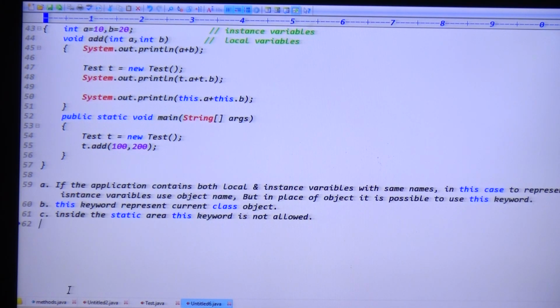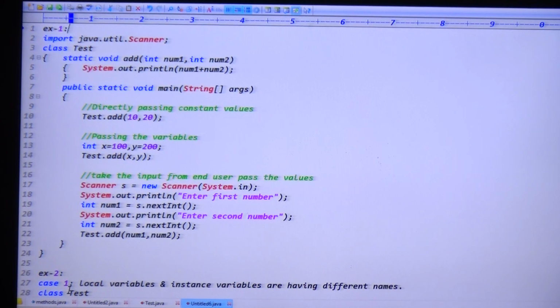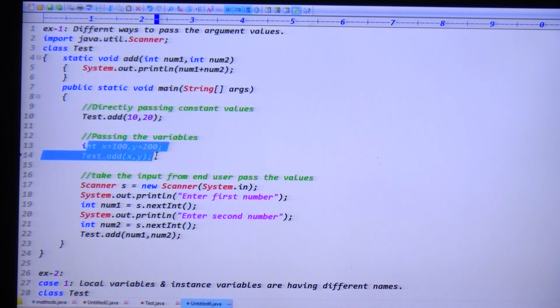Exactly. In this video, guys, we discussed 2 examples. First example: different ways to pass the argument values. One is directly passing constant values. Second is passing variable values.